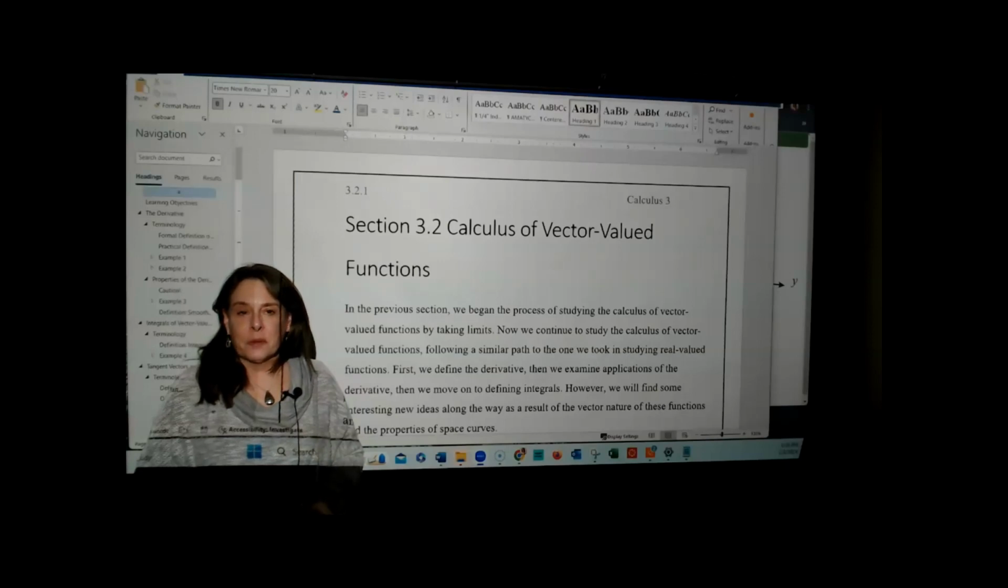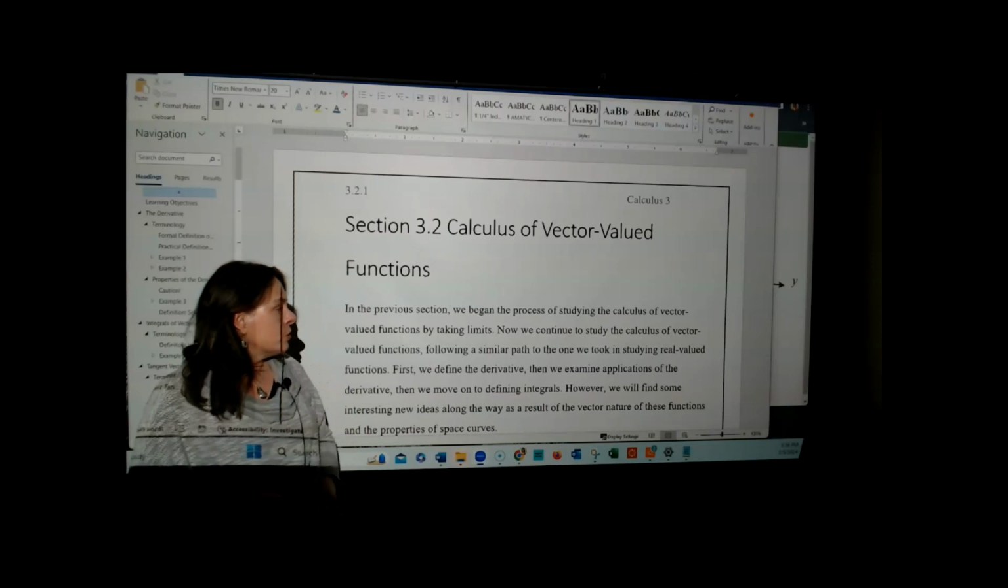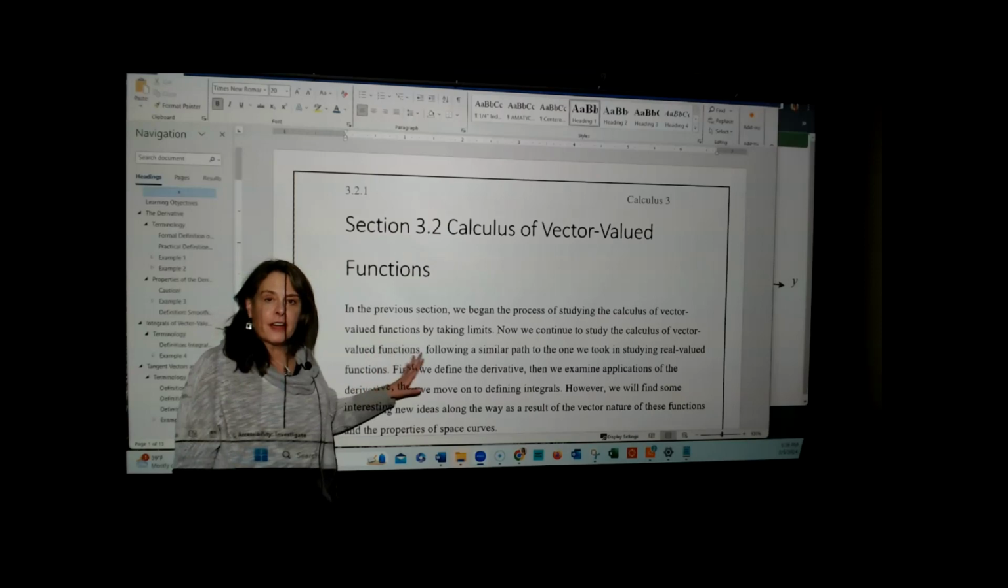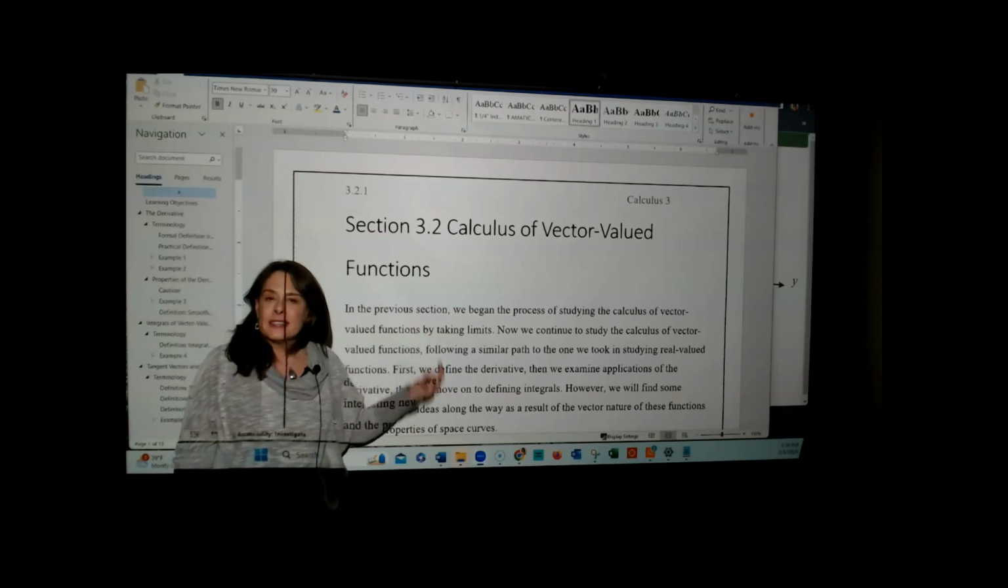In this section, we're going to be focusing on the calculus of vector-valued functions. In the last section, we talked about what a vector-valued function was and how it relates to a space curve. We started with the limits of vector-valued functions in section 3.1. In section 3.2, we want to continue that study of the calculus of vector-valued functions by following a similar path